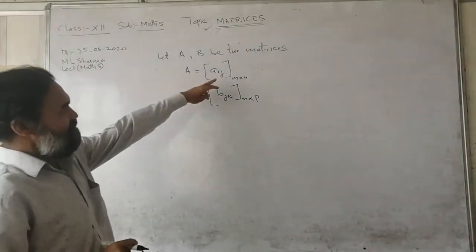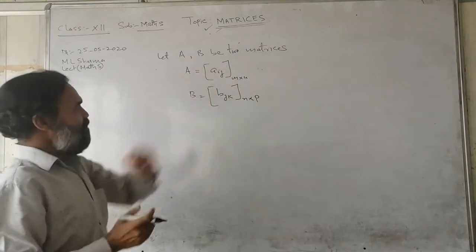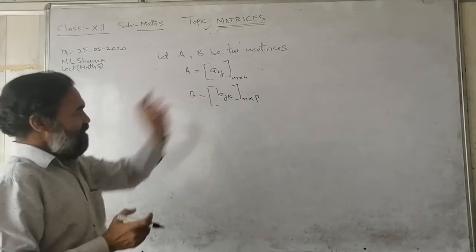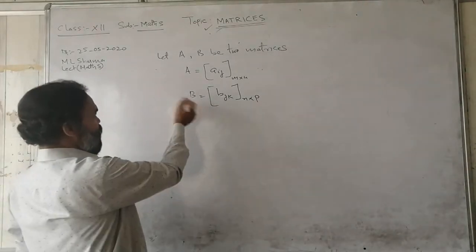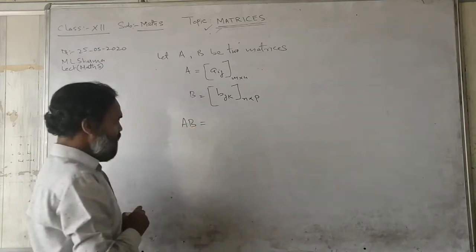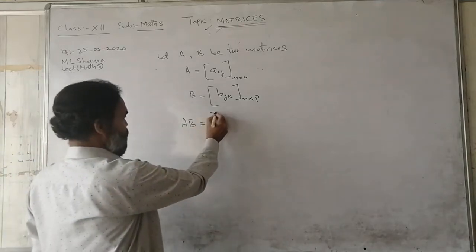So A is matrix Aij of order m into n and B is a matrix whose order is n into p. So when we multiply, that is the product AB, this will equal to